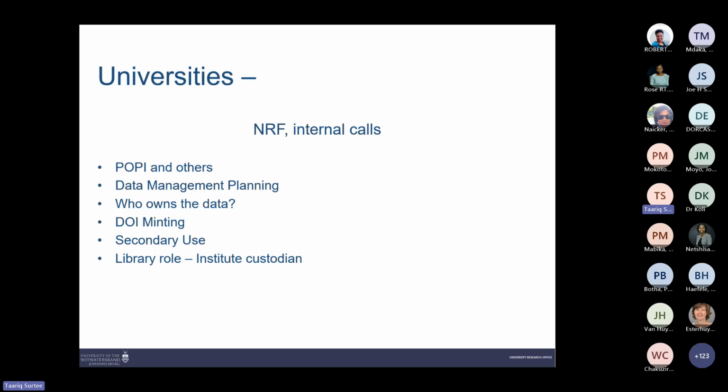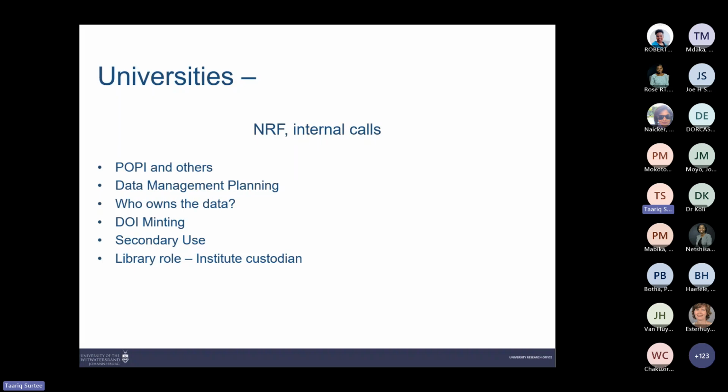And if it's the university, likewise, what does the university say? What policies are in place? What storage is in place? How do you manage the data? Where do you put it? What procedures and guidance and standard operating practices are in place are the type of questions you're going to want to ask. Okay. The DOI minting can be done at the NRF level or at the university level